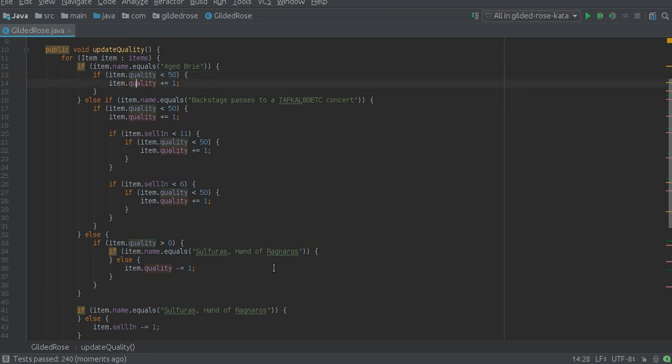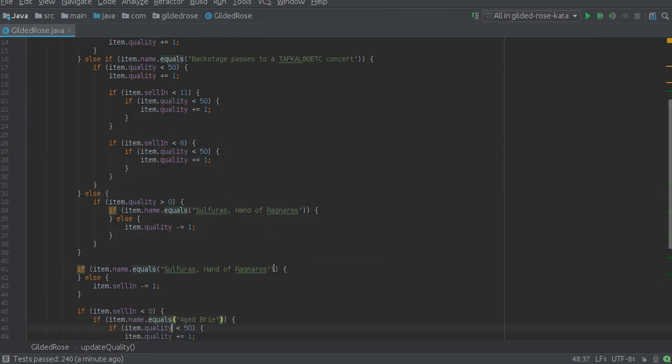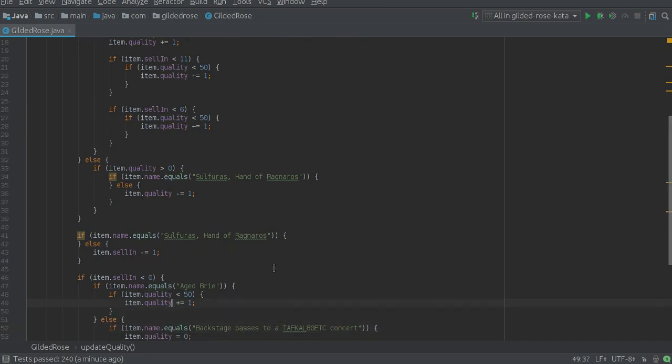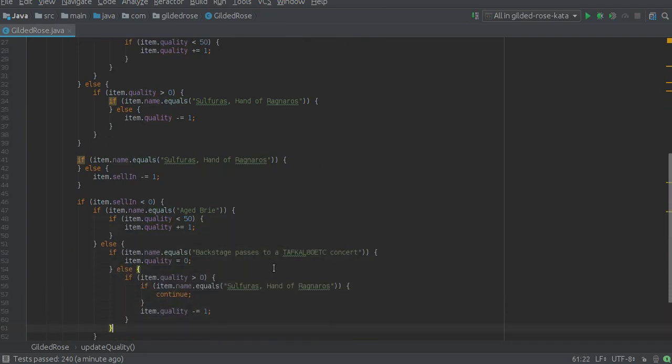Here I'm increasing quality. If quality is less than 50, here the same operation with same condition. Again, the same here. And another place increasing quality with the same condition. Okay, so I would like to extract a method with these 3 lines,